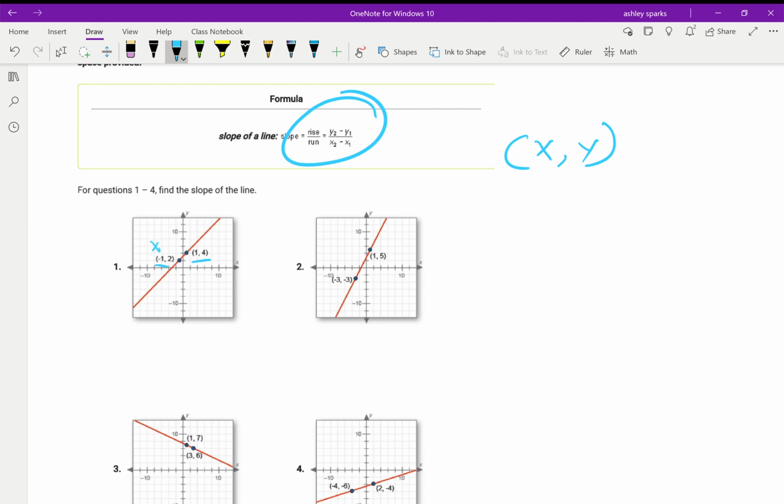So I got x1 here, y1 here, x2 there, and y2 over there. Once I've labeled them, plug them in. So I start off with y2. y2 for me is that 4 minus my y1, which for me is the 2. After that, I move on to my x's. My x2 is the 1, and my x1 is minus